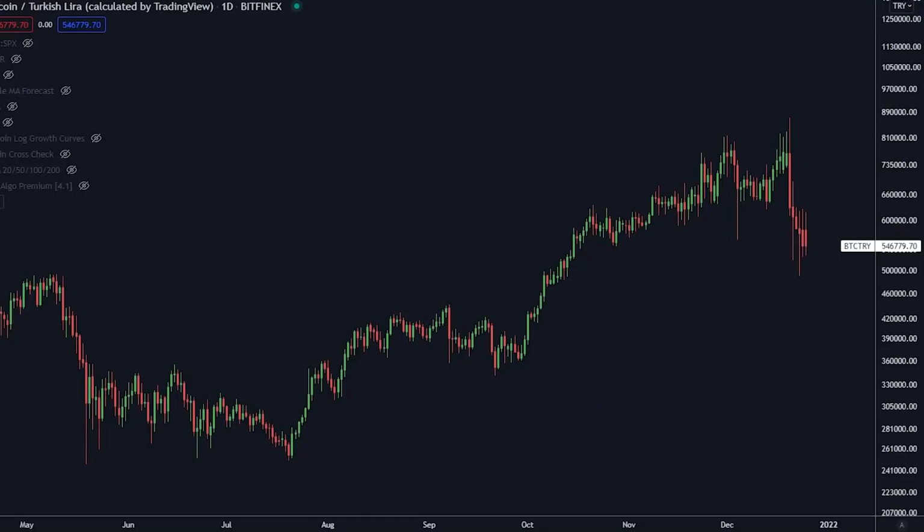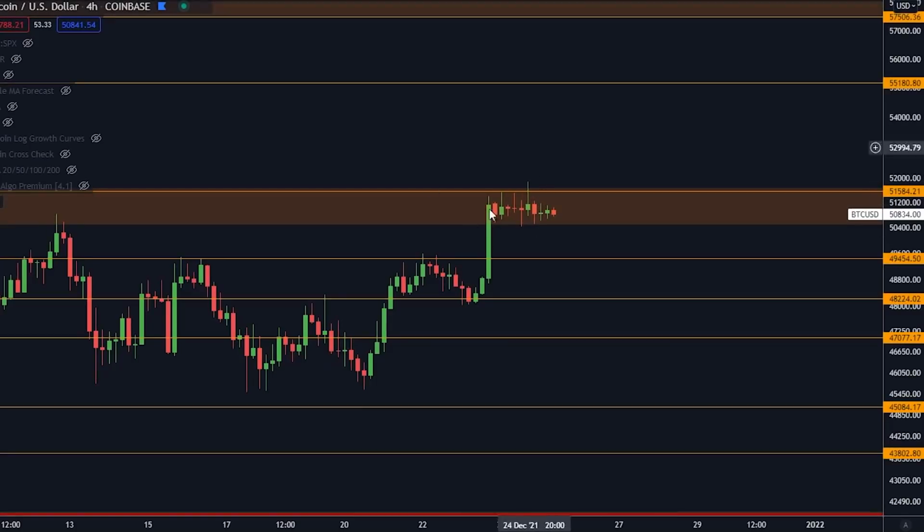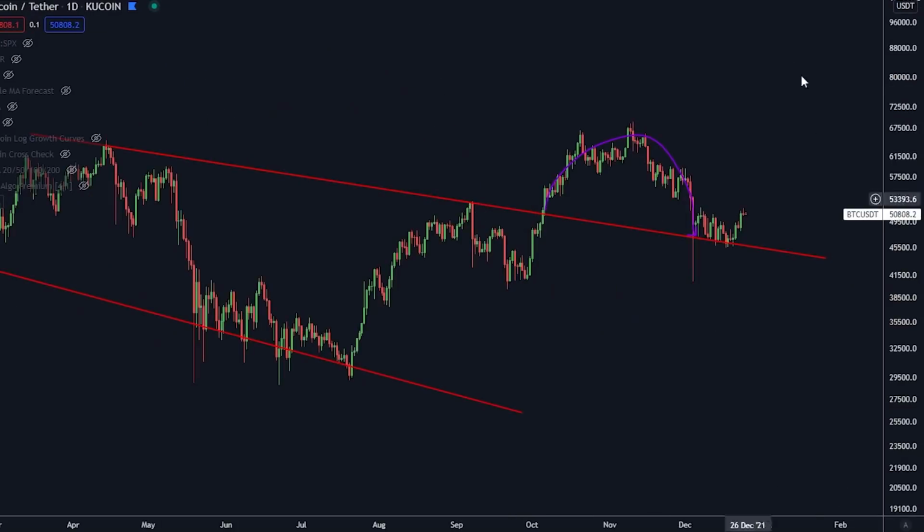Guys, today I'm going to show you this chart, and this is actually not Bitcoin to the US dollar. This is something else I'm going to show you here, but this is very important. We're talking about Bitcoin on shorter time frames, what to pay attention to right now, and long-term stuff for Bitcoin